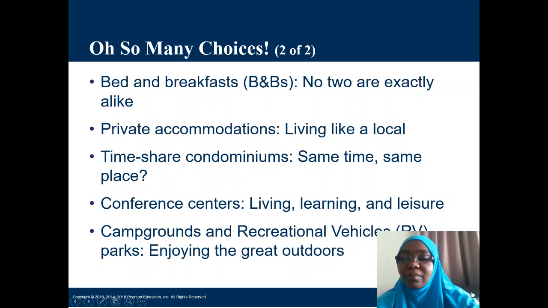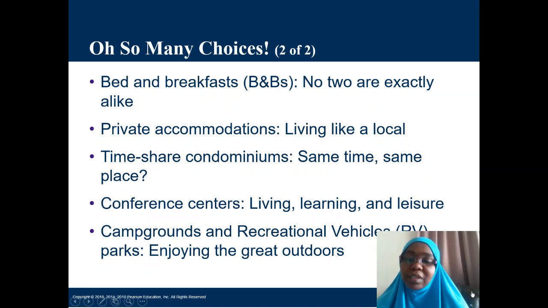All right, timeshare condominiums are condominium properties that usually have the same amenities. They are formed in a kind of luxury apartment setting, and they usually have specific locations. At times they are close to a resort or activity areas, maybe conference centers, and so on. So they are usually condominiums, luxurious apartments having the same amenities across.